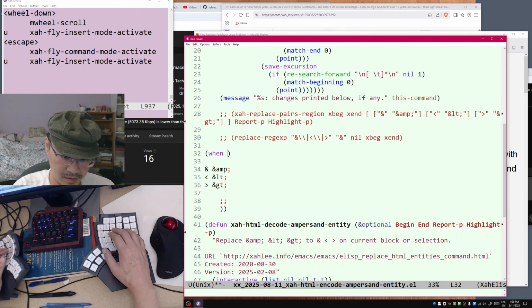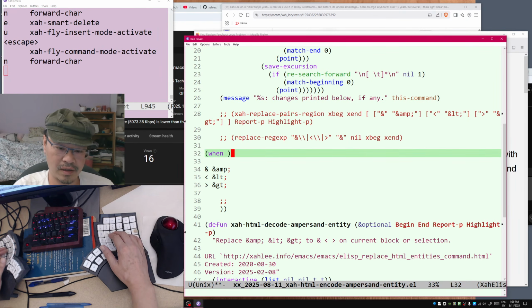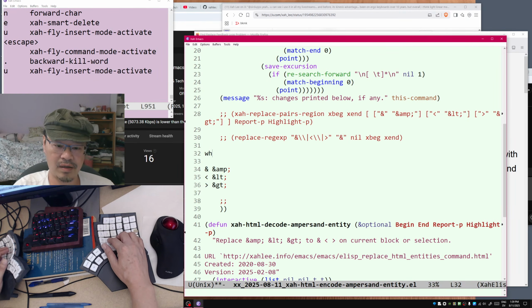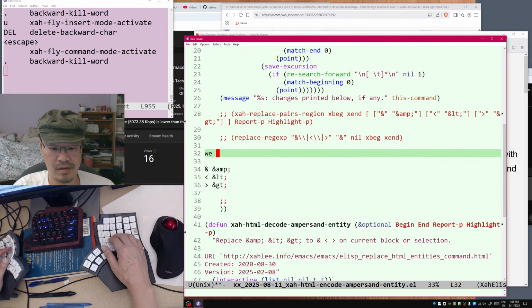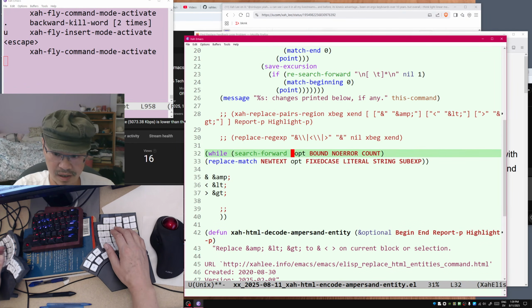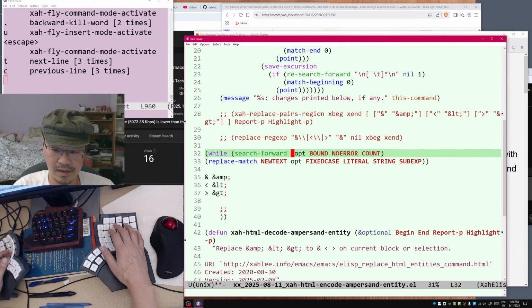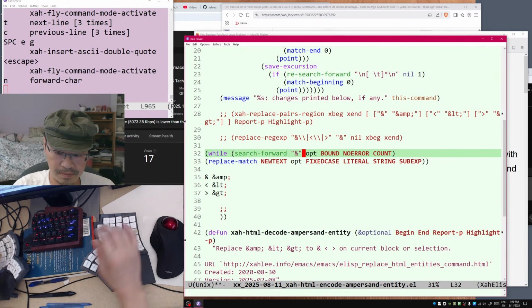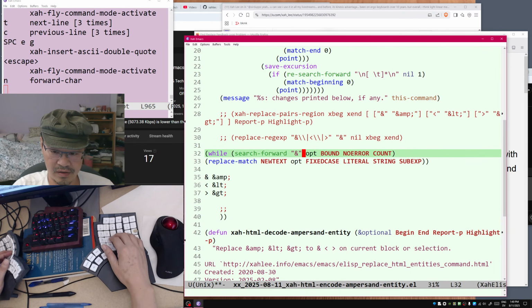So while, not when, while. Why? Do I have a shortcut? No. While. Okay, so while search for word. Yeah, let's do this no-brainer approach. Ampersand. So while you search for that,